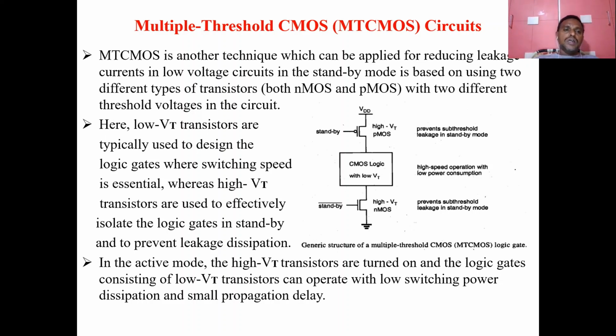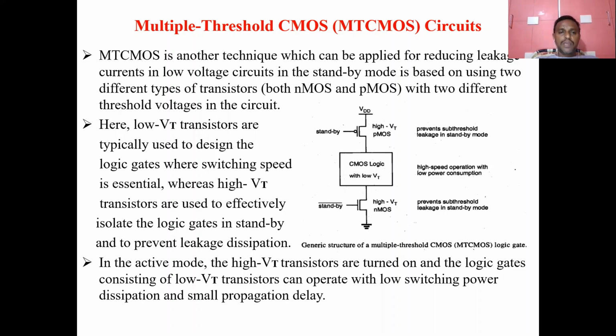So MT CMOS is another technique which can be applied for reducing the leakage currents in low voltage circuits in the standby mode, based on using two different types of transistors, both NMOS and PMOS, with two different threshold voltages in the circuit. So here we have two types of circuits: one is high threshold voltage MOS transistors, and another one is low threshold voltage actual CMOS circuits or